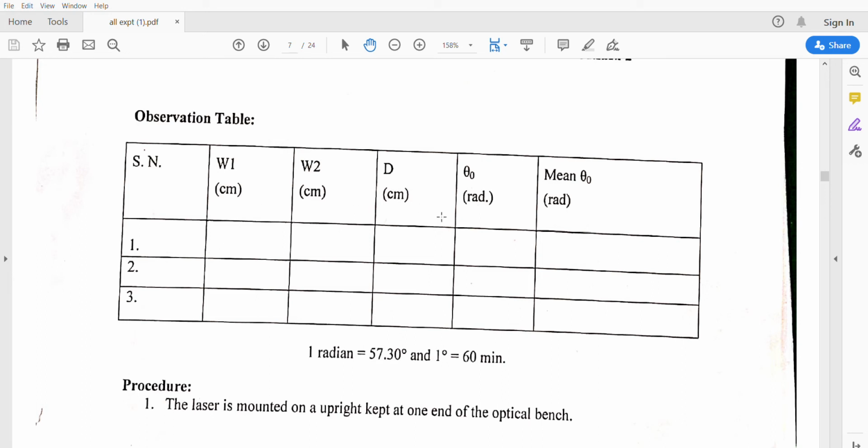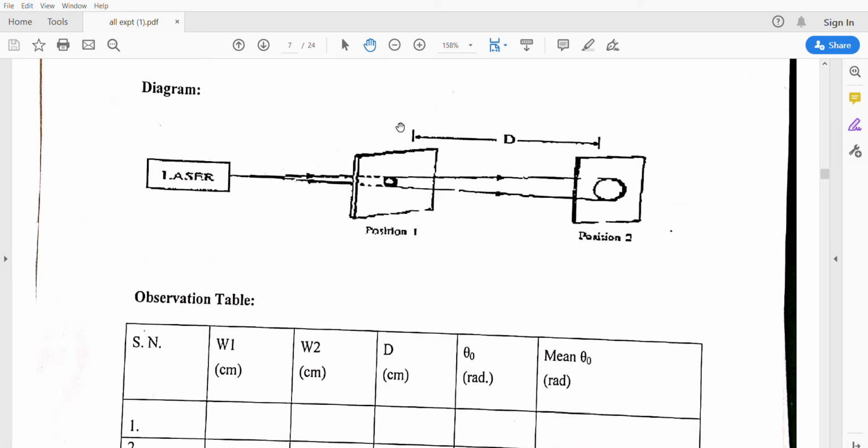First, what we need to do is switch on the laser source. After we switch on the laser source, the light will fall on the screen. So we need a white screen on which the graph sheet is attached. The laser light coming from this laser source will fall on this screen, which has a graph sheet. When the laser light falls on this graph sheet, what will happen? A spot will be created. The laser will create a spot with this light.